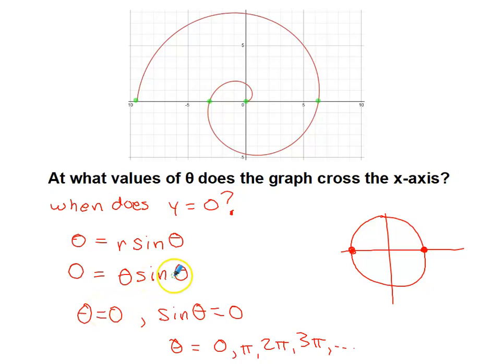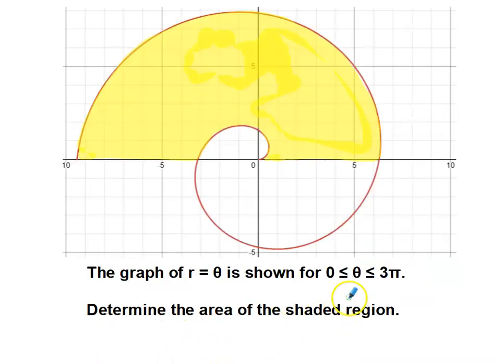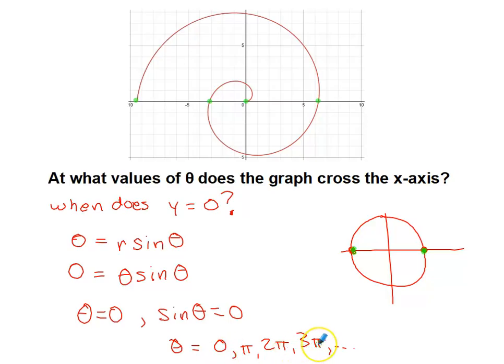Sine of theta is going to equal 0 if I'm at one of these locations on the unit circle. So these locations on the unit circle would correspond to the angles 0, pi, 2 pi, 3 pi. Now that list does extend forward, technically also extends backward, but keep in mind what portion of the graph we're considering here. We're considering the stretch from 0 to 3 pi. So we really only need this set of 4 values as the 1, 2, 3, 4 times when this graph